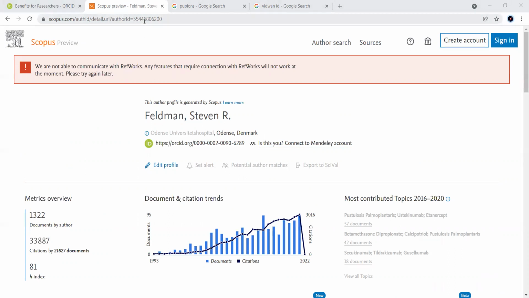It can be around 10 to 11 digits. And you can see the ORCID ID, which I just now showed in the previous website, is connected to it. We can connect these two and sometimes have our research works together in one place.